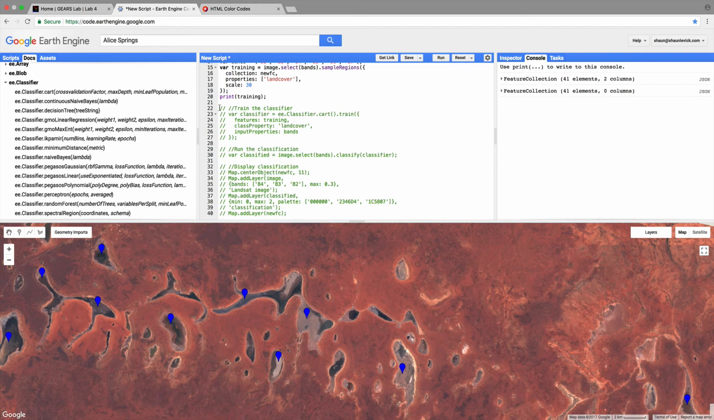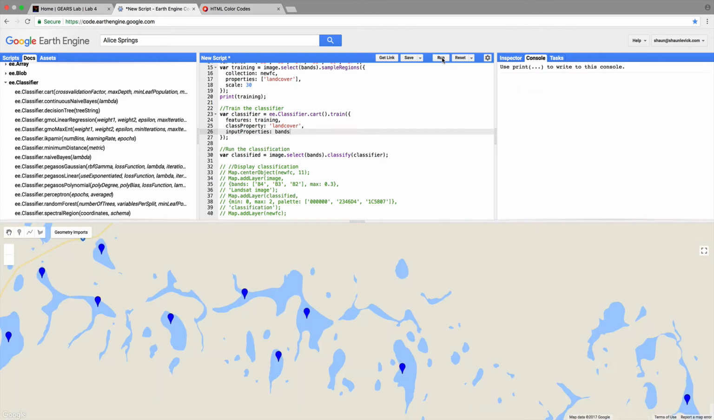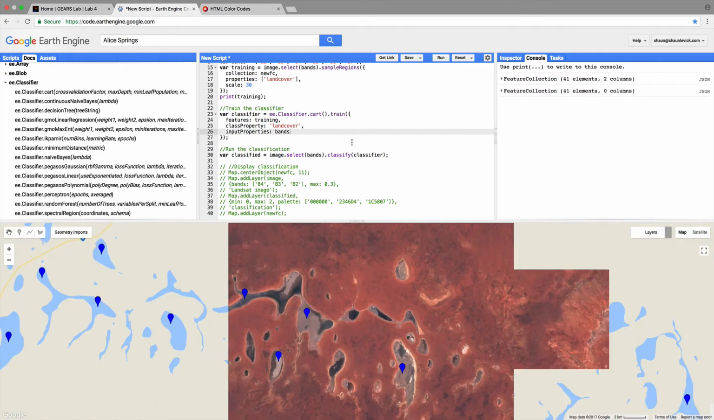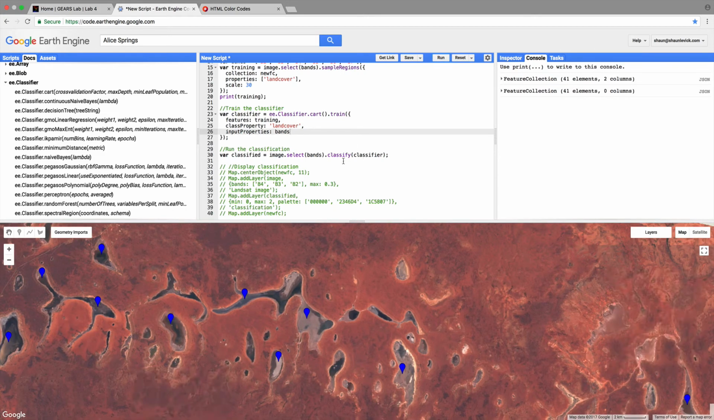The next step is to train the classifier and run the classification, so we can uncomment all of that, because all of this will now just work as it did in our previous script. That's the real beauty of using scripts. So once you have a nice script laid out, you only have to change a few attributes for the rest of it to work in a new area. Let's run that. The classification has run,